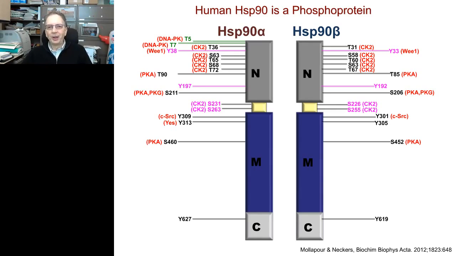As you can see, many of the sites occur in both HSP90 alpha and beta since the proteins are highly homologous. But there are two sites in particular outlined in green that occur only in HSP90 alpha and not in beta. These are threonines 5 and 7 in HSP90 alpha. And so I'm going to give you 3 examples of how phosphorylation, or the lack thereof, of either threonine 5 and 7,